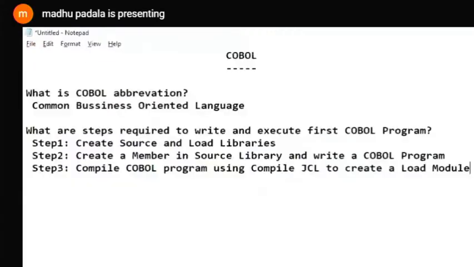Now, where can I get the compile JCL? That's already there. Copy the compile JCL from demo.compile, which is a PDS.